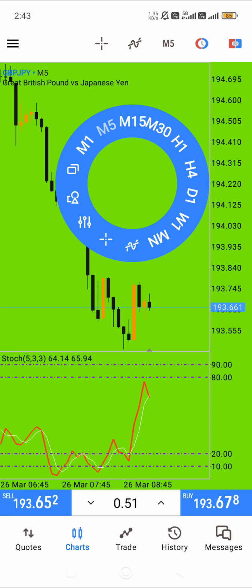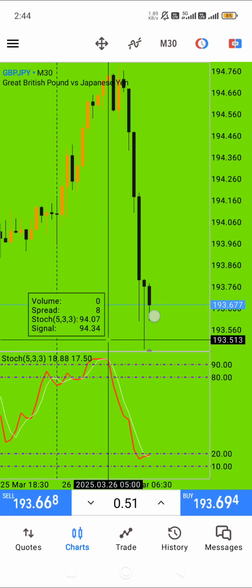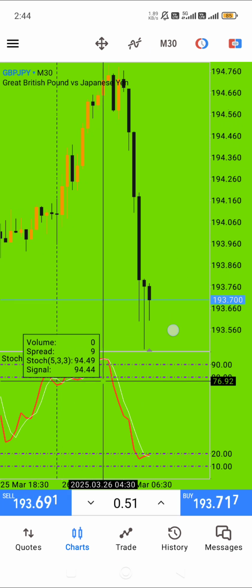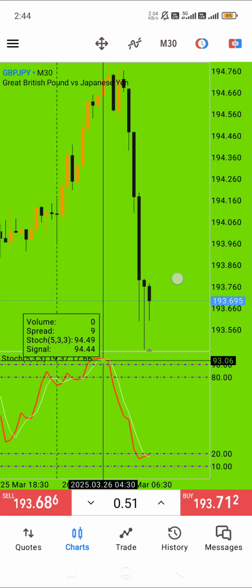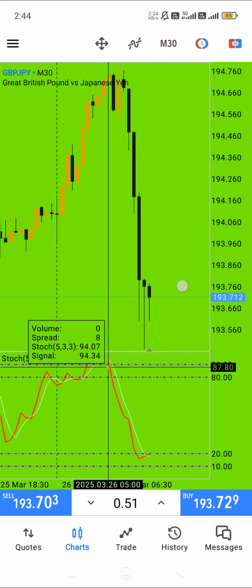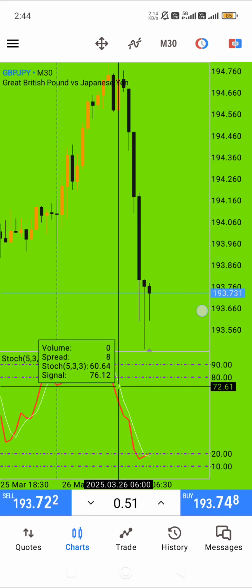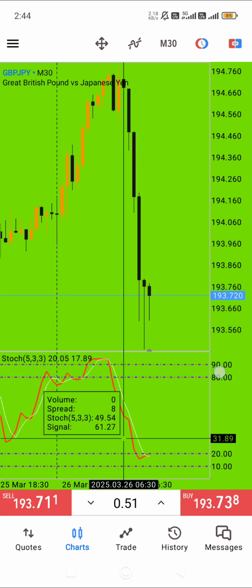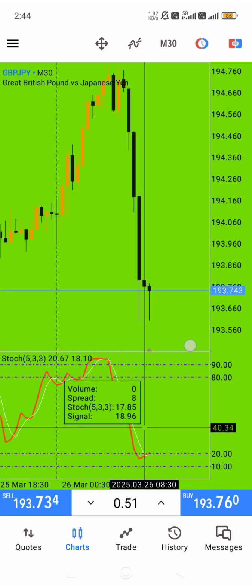Okay, I will check this 30-minute time frame. On the 30-minute time frame, you have seen the perfection. It just crosses the 90 level and 80 level, both levels, and this candle is a top close, then the market goes strong down. Then 20 is touched up, but here all the candles reject. That means sellers are weak right now. Buying position will start.